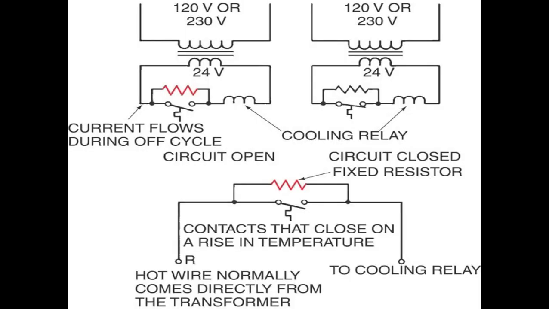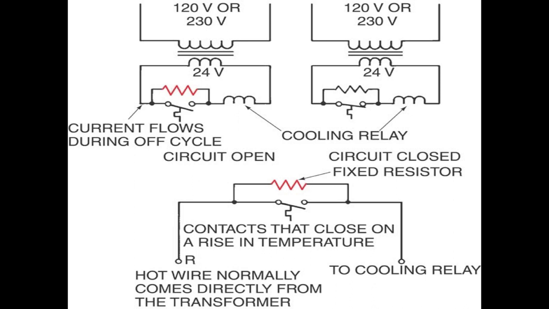And just a couple diagrams of how we deal with anticipators, okay? So up top here, these are 2 cooling circuits, okay? You have your thermostat here, closes on temperature rise, and if you look close, there's a resistor right in parallel with that thermostat. So when the thermostat is open, okay, this cooling anticipator is powered and provides some heat that will eventually help